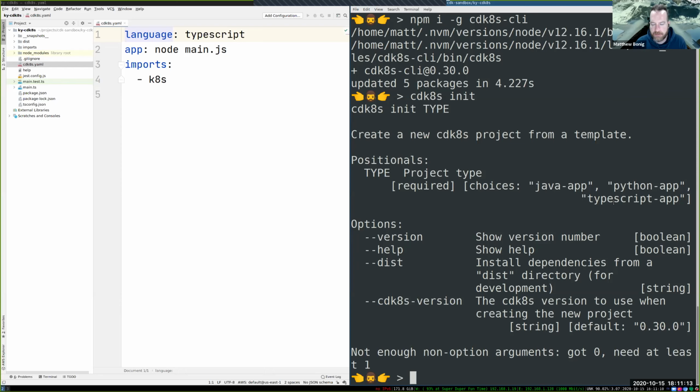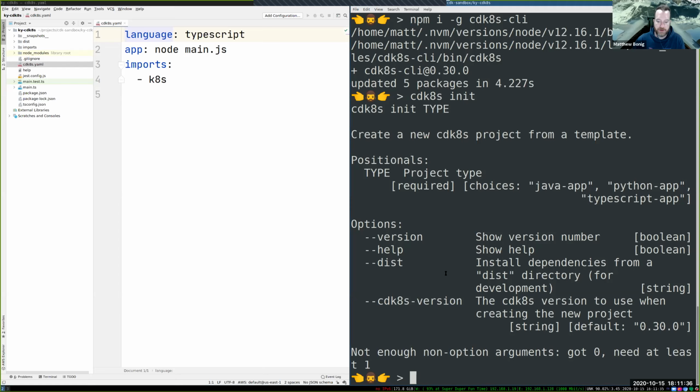We can talk here in a moment if you're interested about the JSII. The JSII is the underlying library which powers this entire multi-language functionality. And right now, what the cdk8s supports is Java, Python, and TypeScript. It does not support .NET yet, as the rest of the AWS CDK does, but that'll hopefully be coming somewhere down the line as well.